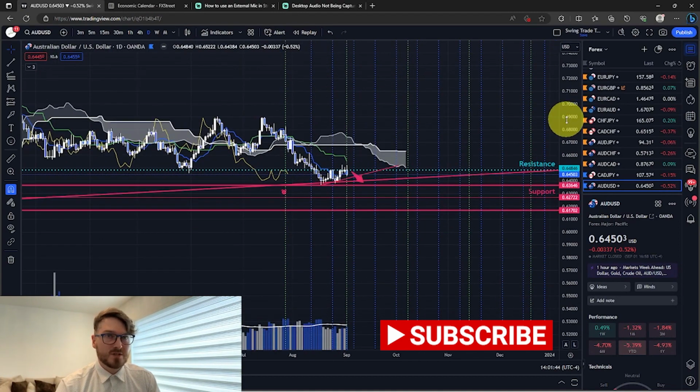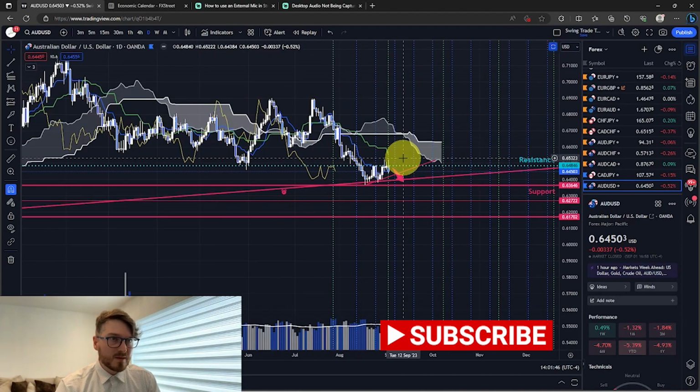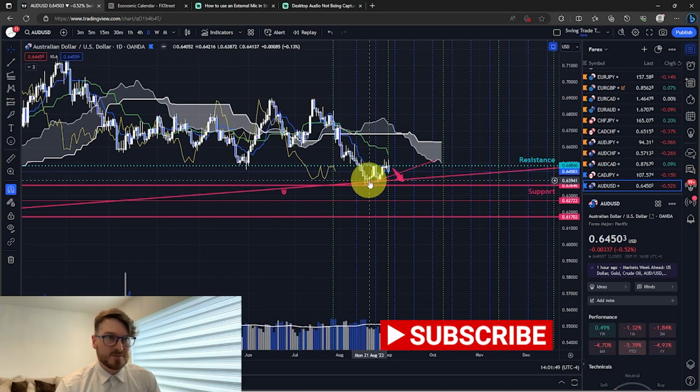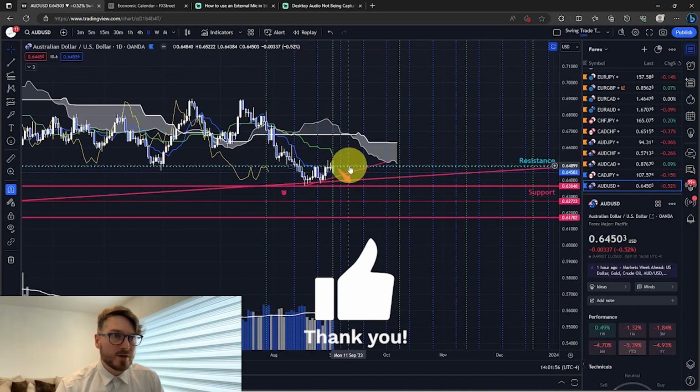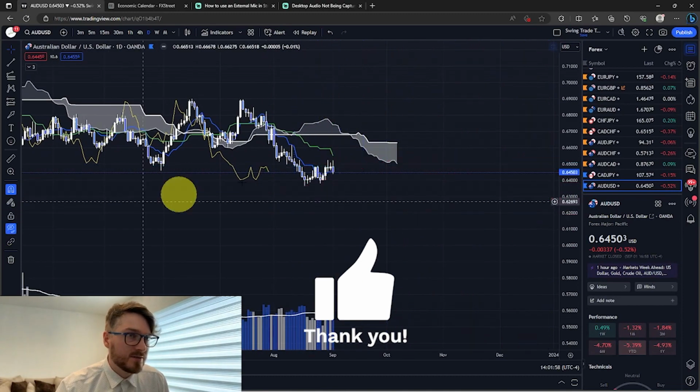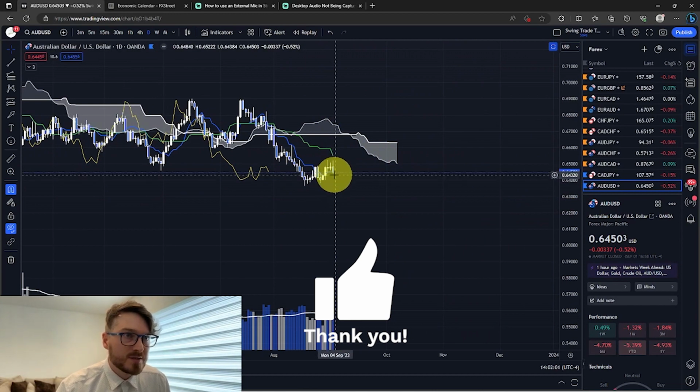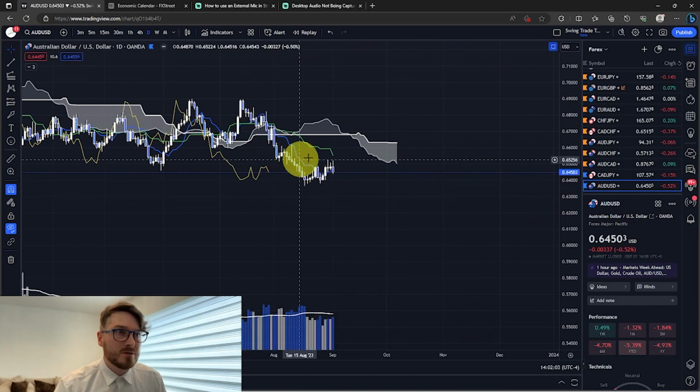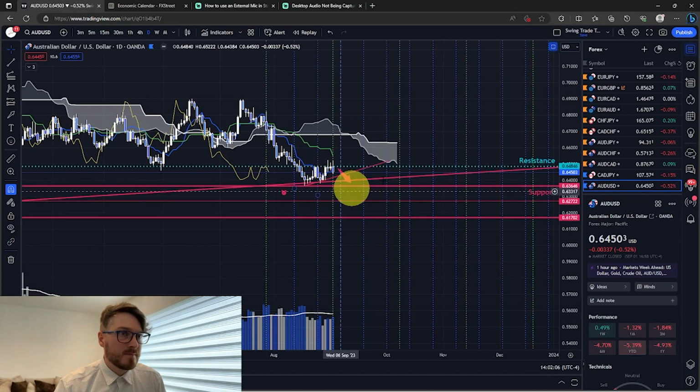So guys, on the daily, we've got a nice impulse wave down. We're starting to build the base and we're starting to add steam to the Kumo. And right now, price is just hanging out at the Tenkan-sen. I don't know if you can see that. So if price breaks below that, we could get this N wave down. So I'm looking